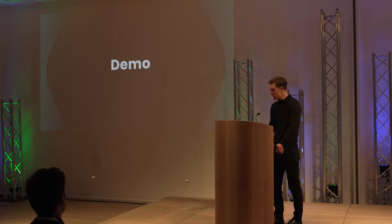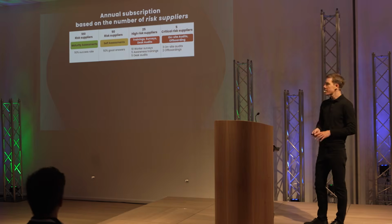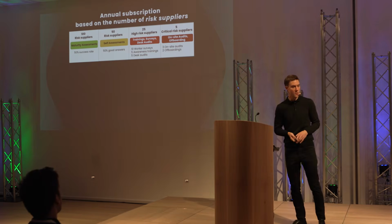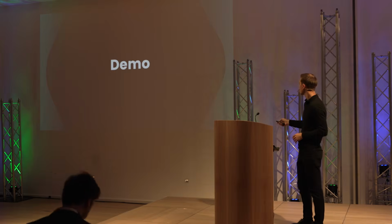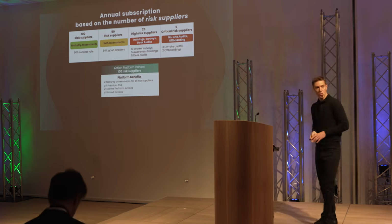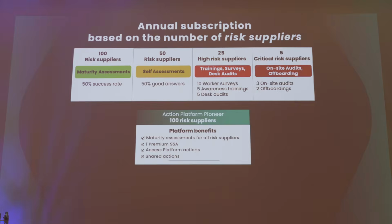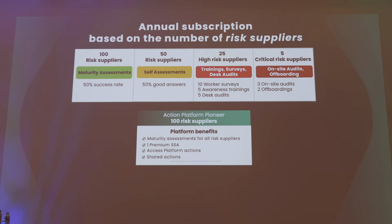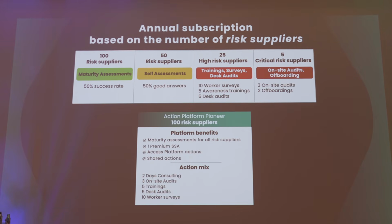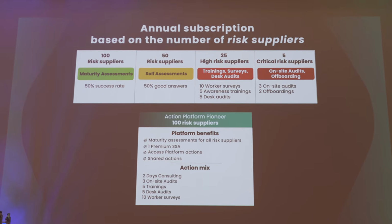And now to the last question. So what's the business model? Let's take our example supplier with the 2,000 total and 100 risk suppliers, who takes a certain action mix. This company will get a subscription that is tailored to the size of the risk suppliers they have, and it is tailored to the number of actions they want to take. This is an action mix. This is not set in stone, but this gives a rough outline of how many actions you will be able